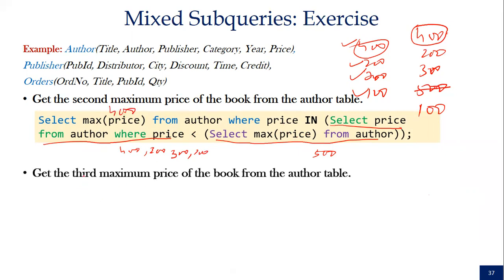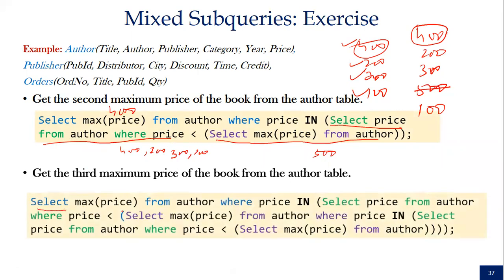फिर इसमें से मैक्सिमम लोगे तो यहाँ पे आपको 400 मिल जाएगा। ऐसे मैंने कह दिया थर्ड मैक्सिमम चाहिए, तो ये जो क्वेरी लिखी हुई है ये तो होगा ही होगा, और फिर अपन को यहाँ पे एक और लगाना पड़ेगा: सिलेक्ट प्राइस फ्रॉम ऑथर वेयर प्राइस इन, तो इतने तक जो वैल्यू मिलेगी वो तो आपको 400, 300, 200 मिल जाएगा। उसमें से फिर लेस देन वाले चाहिए, तो हमको 300, 200 ये रह जाएंगे, तो यहाँ पे आपको 300 मिलेगा। फाइन, तो थर्ड हाईएस्ट में। इज दैट ओके ना?